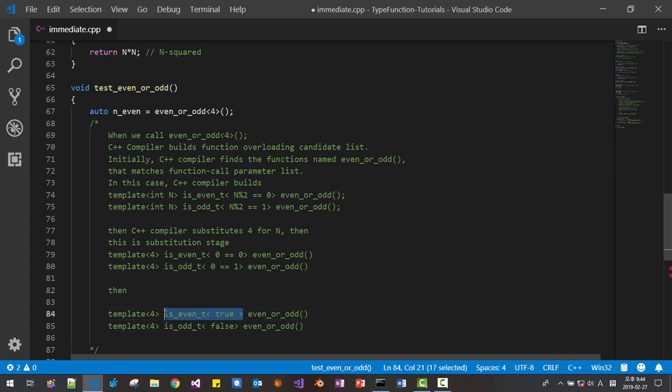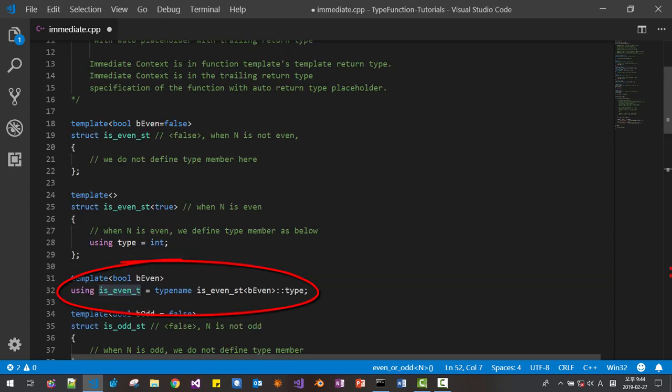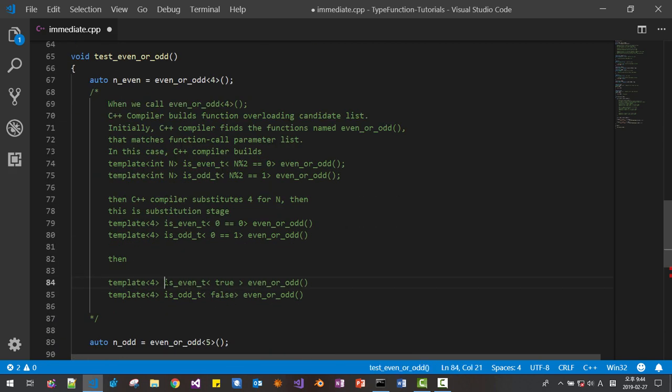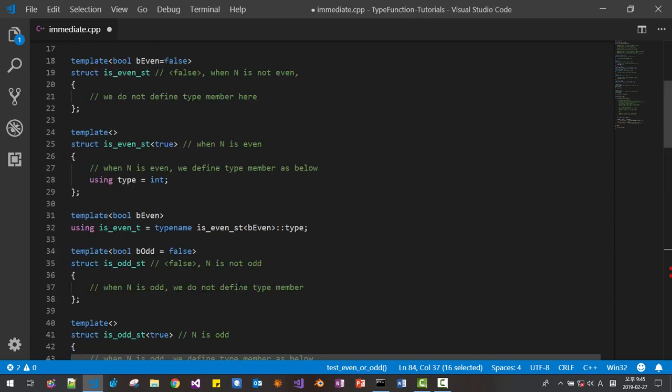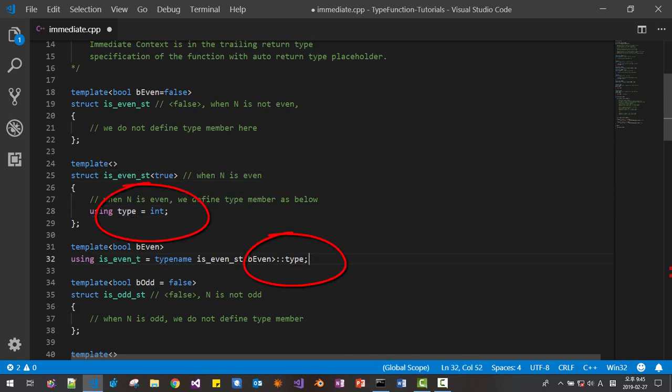Since b is even, in this case true, is_even_st true is selected, then the type is int.